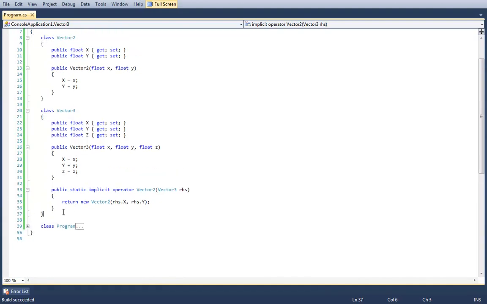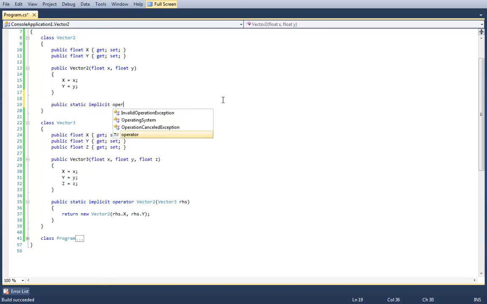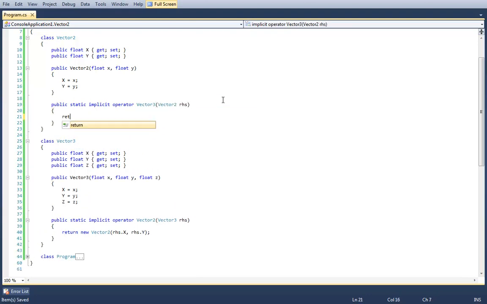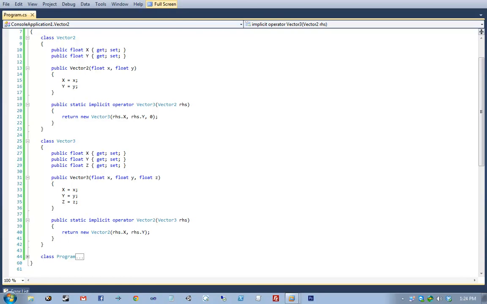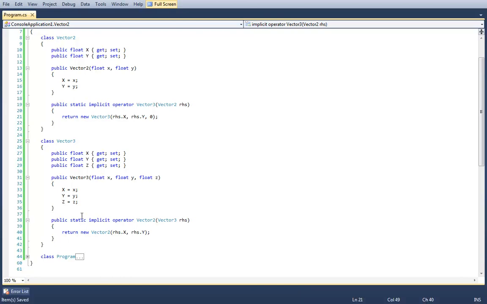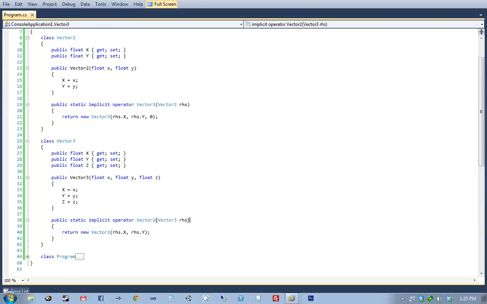I want everybody to type out these classes. Specifically this. Actually, I'm going to go ahead and add another implicit conversion. Public static implicit operator Vector3, Vector2 RHS. Return new Vector3 RHS.X, RHS.Y, or sorry, just 0. So go ahead and hit participate and get this code working. The reason is this syntax is so ridiculously awkward that I at least want people to have the opportunity to type it out at least once during the course of this class. So go ahead and get that typed out.